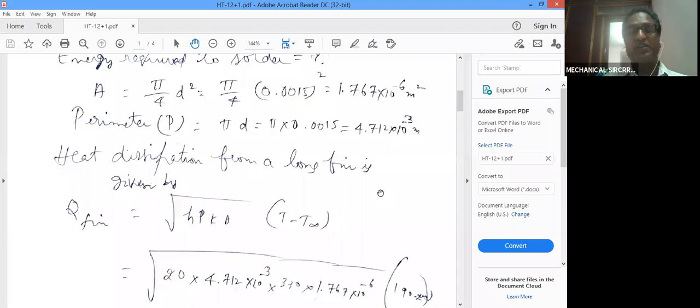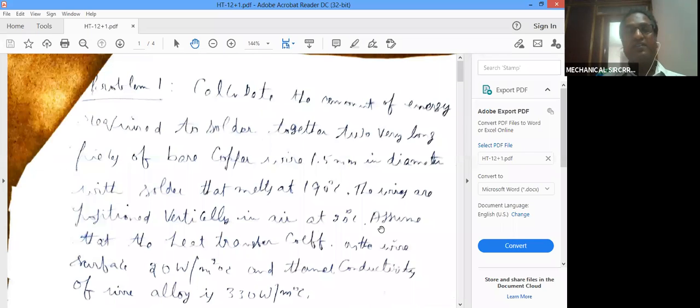Only 44 students joined the class. What about the remaining students? So not only hearing, you have to practice a number of problems in heat transfer, just like mathematics. You have to practice each and every class after listening, because these are online classes. In offline classes, we would solve all these problems on the board, but nowadays, because of COVID, we are not in a position to conduct offline classes, so we are conducting online classes now.